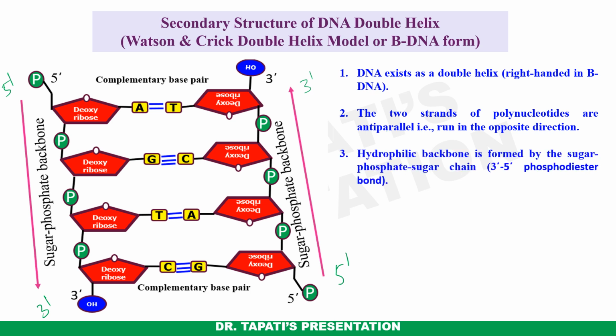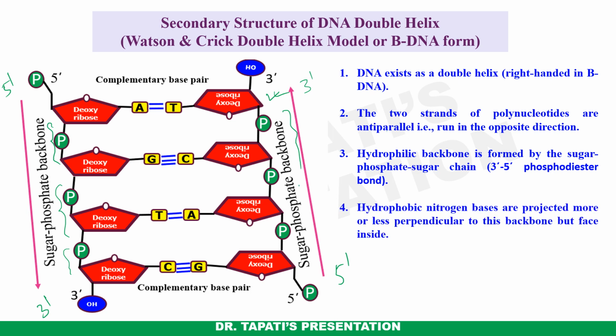Hydrophilic backbone is formed by the sugar phosphate sugar chain, that means 3' 5' phosphodiester bond. So sugar phosphate backbone you can consider here. This is sugar phosphate backbone. Sugar and phosphate, this is actually sugar phosphate backbone. So those are hydrophilic in nature, whereas hydrophobic nitrogen bases, these are A, T, G, C, those are nitrogen bases present in DNA,